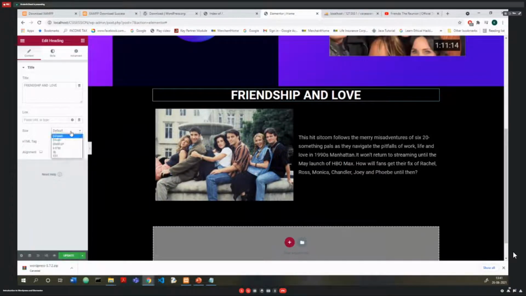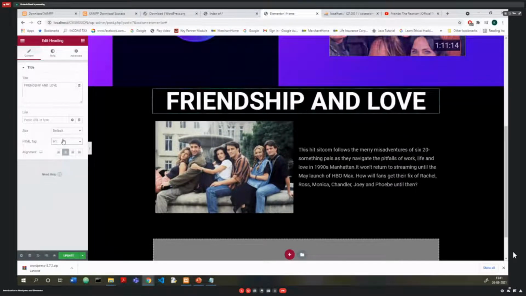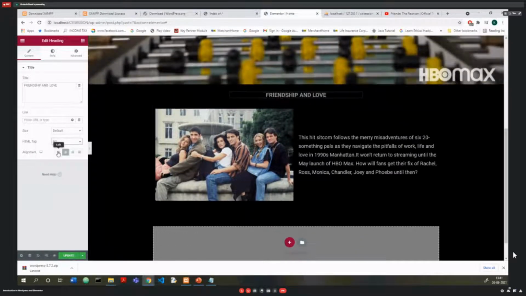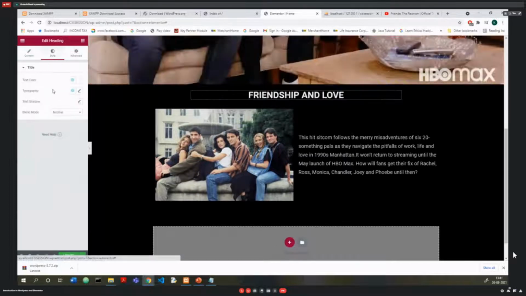Okay, and here you can even choose the size of the title. The HTML tag is h2. I can even just go for h1 also, right? Then I can go back to h2. H2 looks good. In the case of styling, now see,